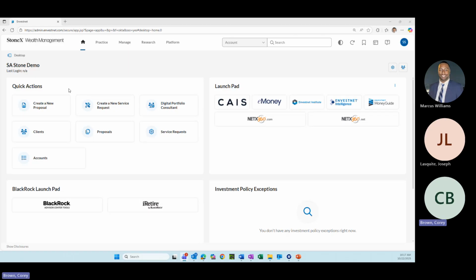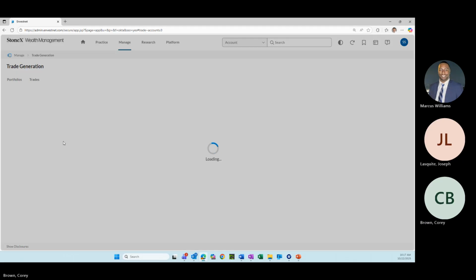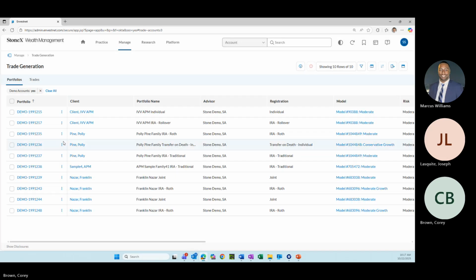The first step in order to tax loss harvest in an advisor traded account is to select the Manage tab in the global toolbar. Once you select the Manage tab, the next step is under Trading to select Trade Generation. We will start off on the Portfolios tab, and this is where you'll see a list of all of your